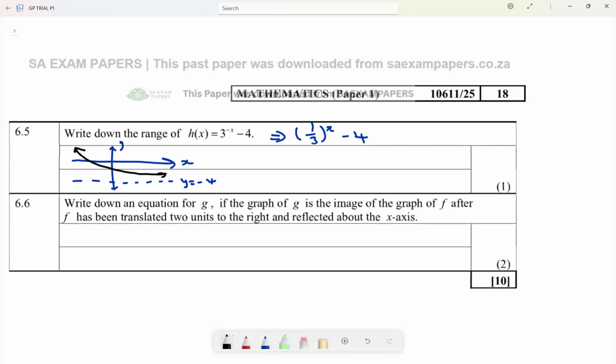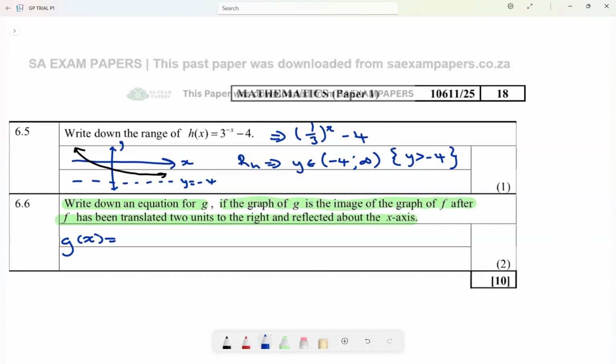Okay, so what is the range? The range of h is going to be y is an element from, it starts from negative 4 all the way above, but does not touch negative 4. Does not touch negative 4 all the way above. Or someone might say y is greater than negative 4. Then they say write down the equation of G. If the graph of G is the image of F, after F has been translated 2 units to the right and reflected about the x-axis. So they found G